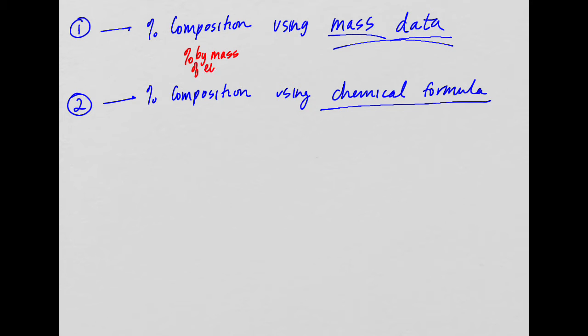of elements is going to be equal to the mass of the element divided by the mass of the total compound, mass of compound, times 100. All right. If we want to find the percent composition using the chemical formula, we're going to do